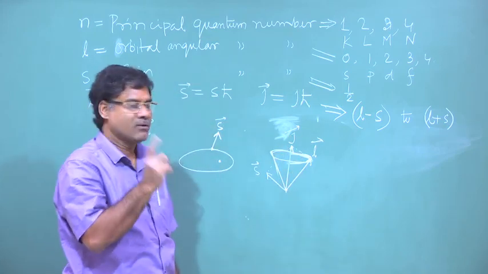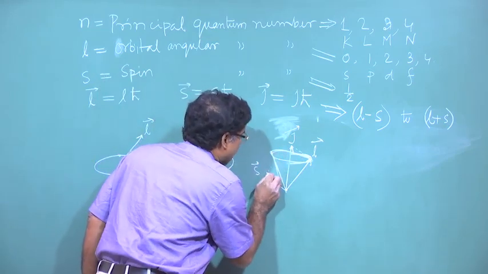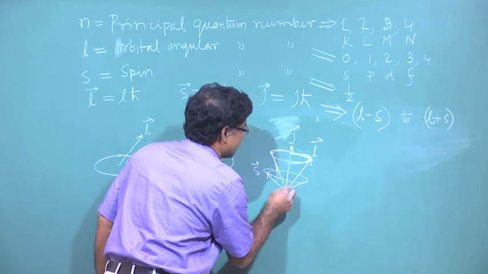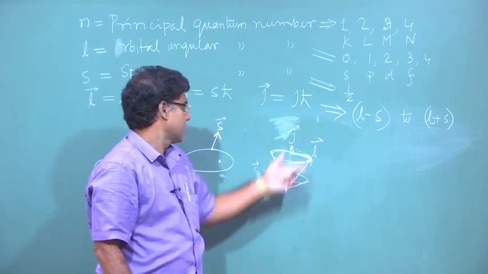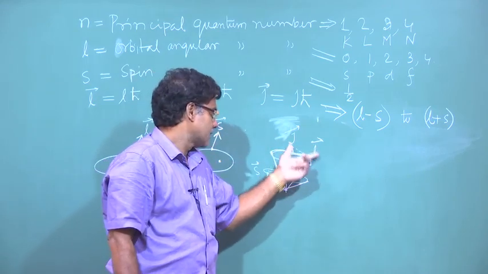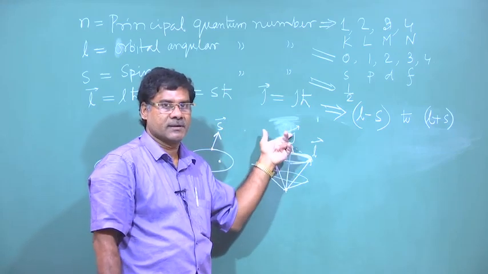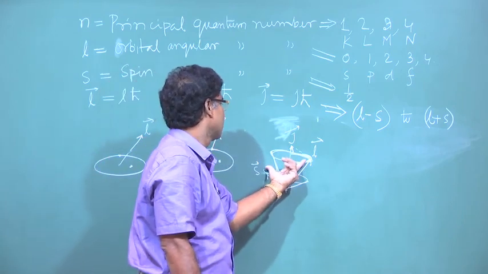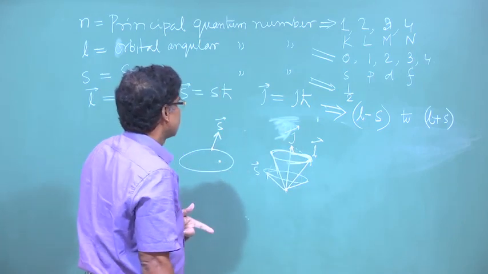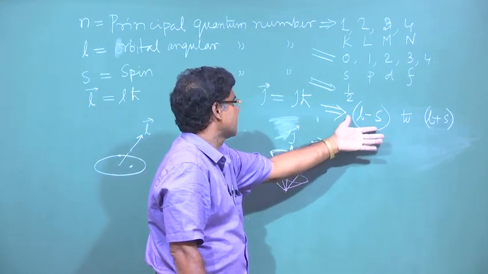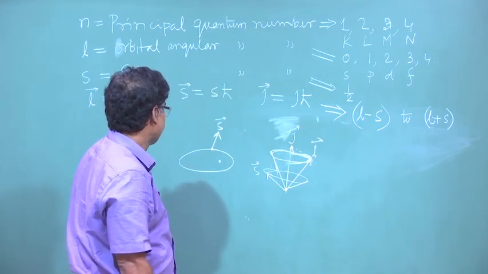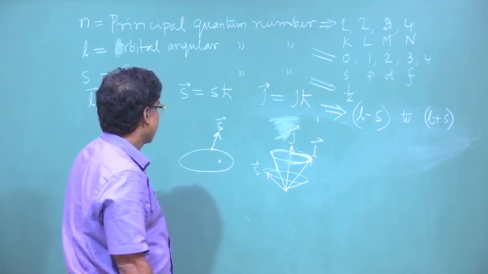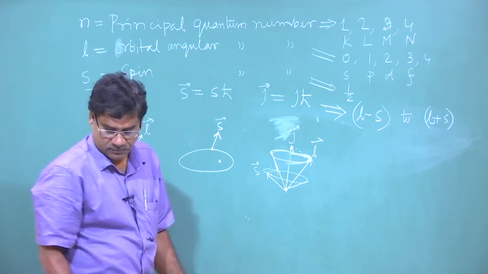So, around the J, L will precess, around the J, S will precess. Okay. Around the J, S will precess. So, thus they are coupled with J. Due to this precession they are coupled with J. So, J value, as I told, can take L minus S to L plus S. So, then if I come to the similarity,